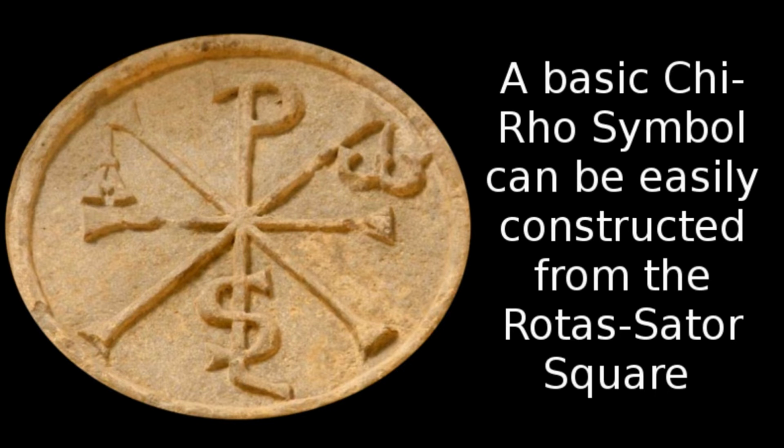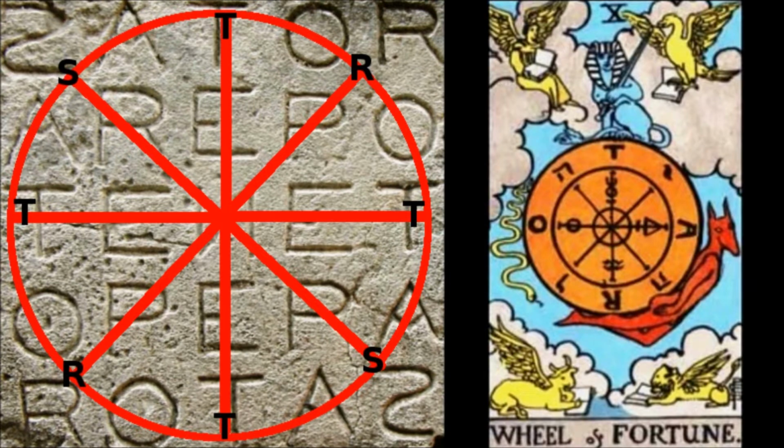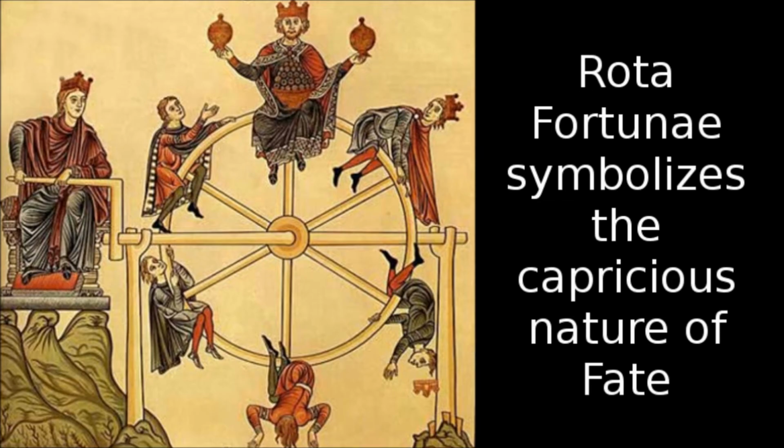Not surprisingly, a basic Chi-Rho symbol can be easily constructed from the Rotas-Sator Square by drawing lines connecting the S's, R's, and T's inside a circle connected by the T's. So what does this mean? It symbolizes the Wheel of Fortune, or in Latin, Rota Fortunae, that belongs to the goddess Fortuna. Rotas Fortunae symbolizes the capricious nature of fate, and it is said that the positions on the wheel randomly change places